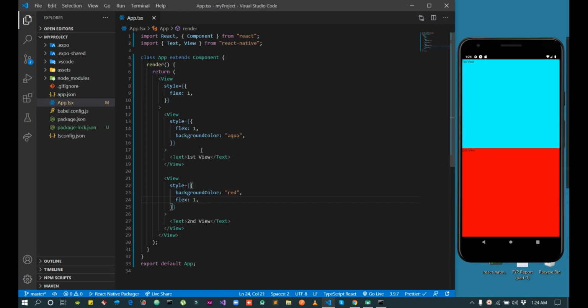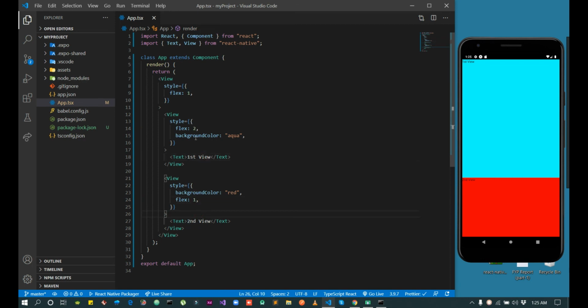If I want to give two parts of the screen to the first view and only one part to the second view, meaning 33% to the second view and 67% to the first, I will use 2. I am dividing the view into 3 pieces, 2 plus 1, 3, giving 2 pieces to the first view and 1 piece to the second view.